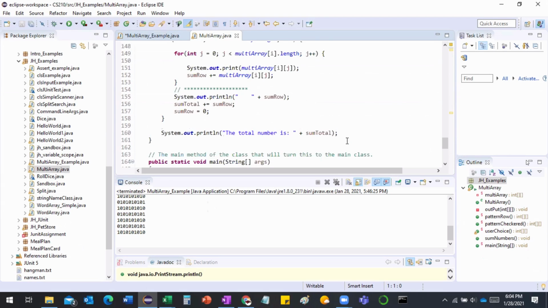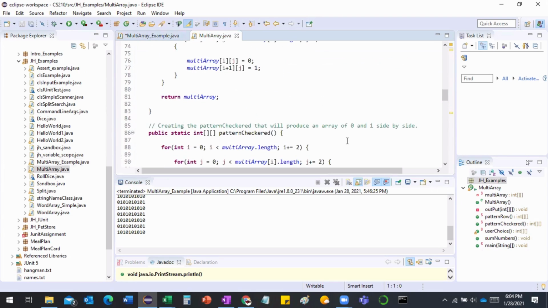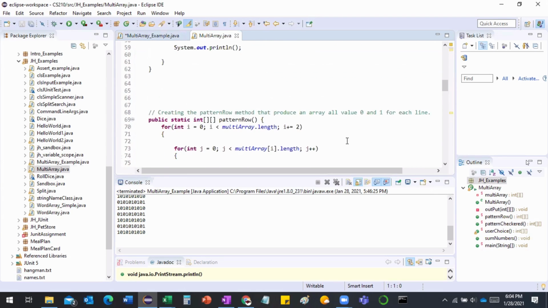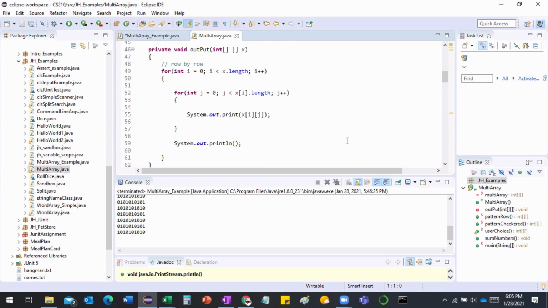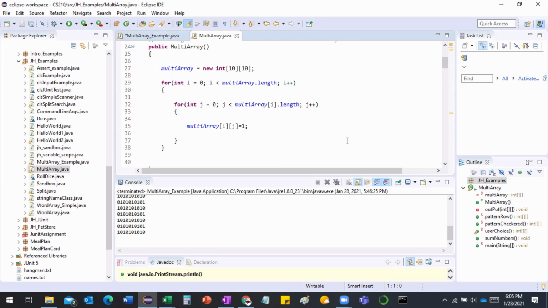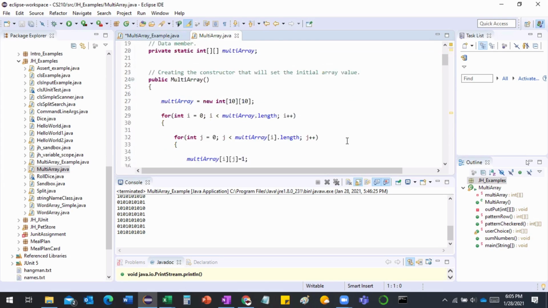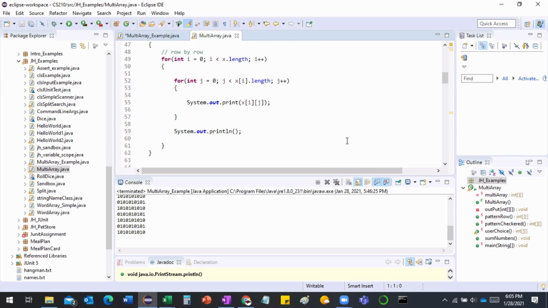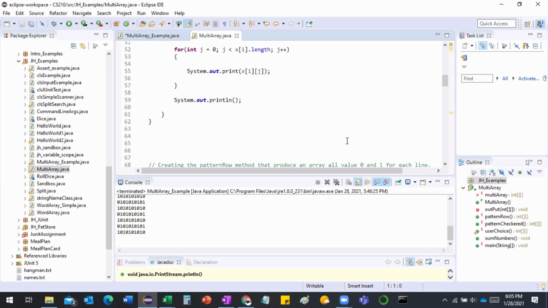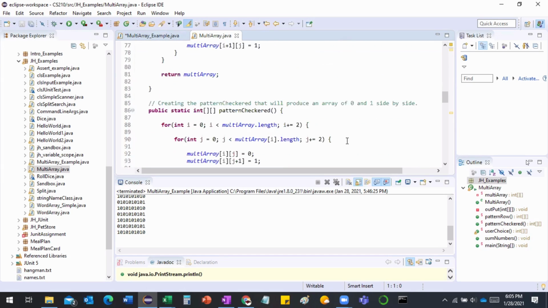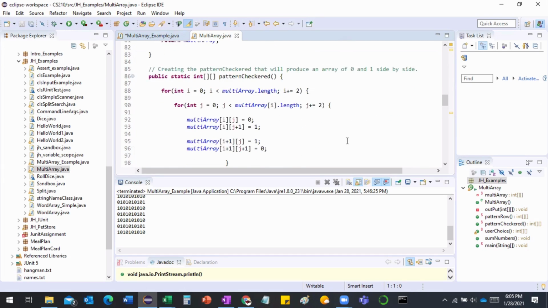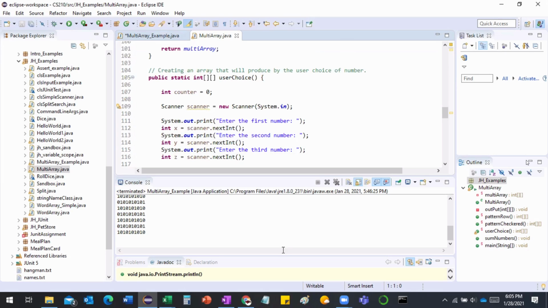Somewhere I use modulus. Where did it go? Maybe this is a different implementation of it. Is it modulus? Okay, well,